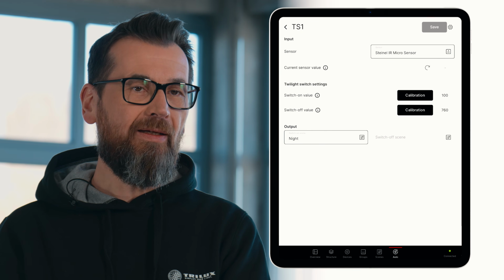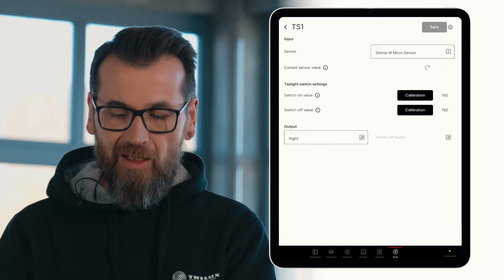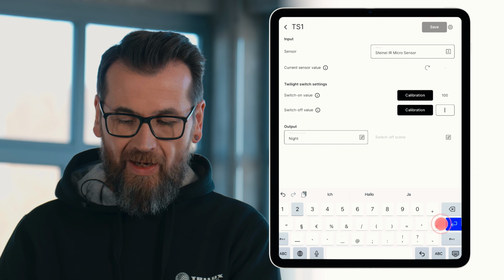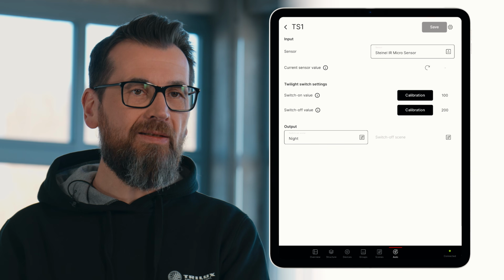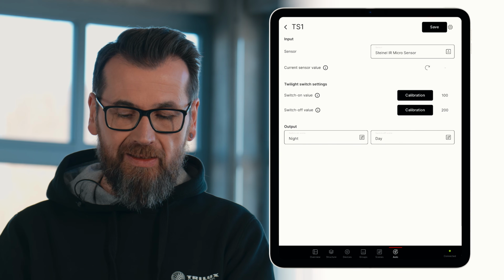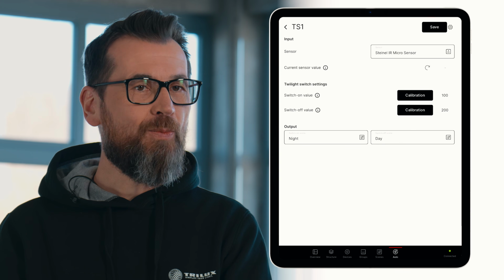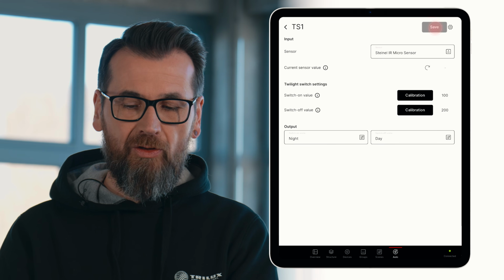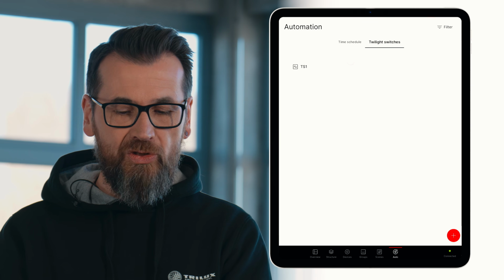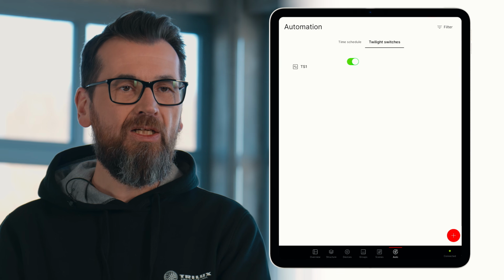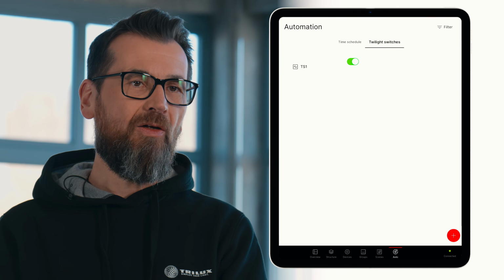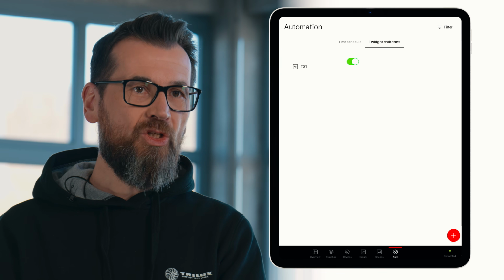To call up the day scene in the morning as the sun rises, we'll set a threshold of 200 lux in this example. As soon as this value is exceeded, the system activates the corresponding day scene. Now, we simply save this configuration, go one step back to the Twilight Switch overview, and just activate the switch. From that point on, it runs automatically in the background, triggering the assigned day or night scene based on the